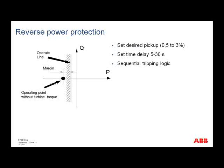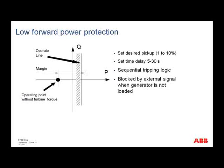And in this case, this would give you the operate line here. So the operate area would be this side, and this would be set with some margin, because here would be the operating point of what would be the power into the generator without the turbine torque. So that would be the reverse power protection, really an overpower protection, but it's also possible to have